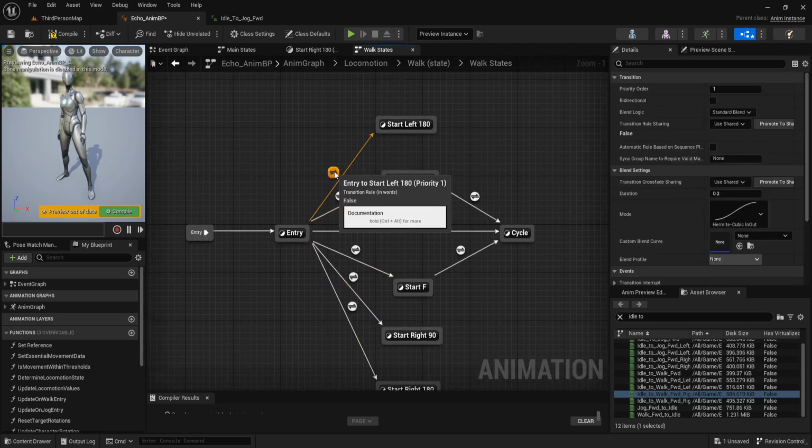The priority is 1 for this turn animation. And the duration is 0 for all of it.